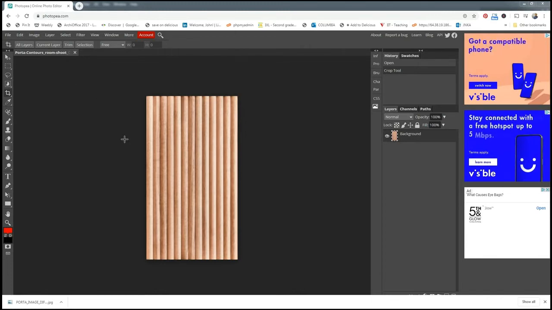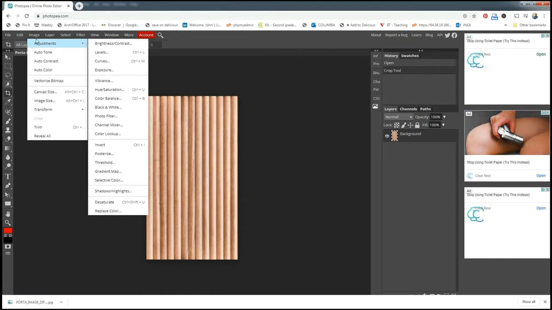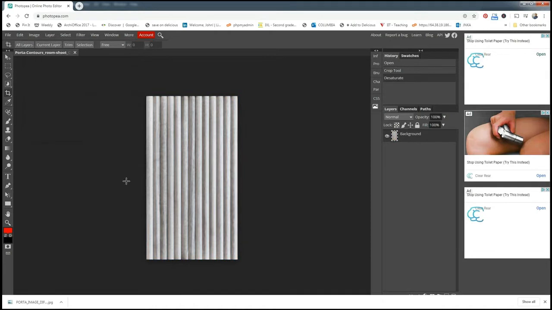So next, I'm going to create what's called a bump map that basically allows me to add a little bit more information to the file in Revit to make a rendering look a little more realistic. And so to do that, I'm going to take this image and I'm going to go to image adjustments and desaturate it to make it a black and white image. Then I'm going to